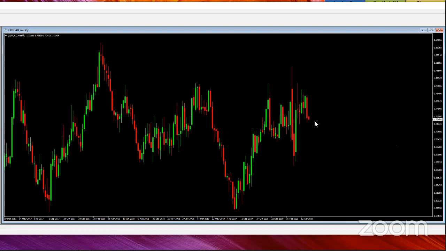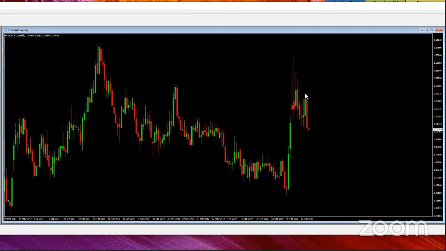Now, the other barometer that we also want to start using with this is the euro as well. Now look at the euro CAD. Again, pretty much the same thing. Very, very negative looking bar. My first thought this morning was that I was going to trade the euro pound short, because there was a little setup going on there. But this is where the fundamentals actually come into play for me. I don't really want to trade something that has